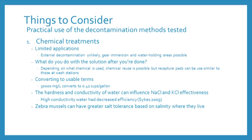One drawback: hardness and conductivity of the water can influence the effectiveness of potassium chloride and sodium chloride. Super conductive water was found to decrease the efficiency of them, because generally there's enough ions in the water that the mussels, when they take in the potassium ions, are able to quickly swap them out for the other ions that are in the water. So if your lake is super conductive, you might have an issue using sodium chloride or potassium chloride as a